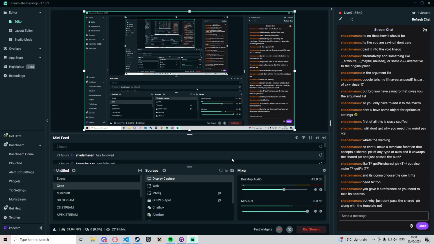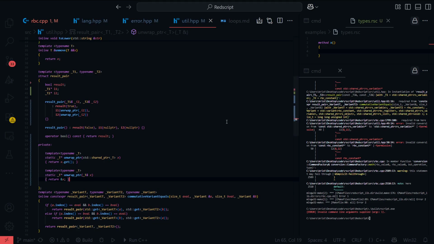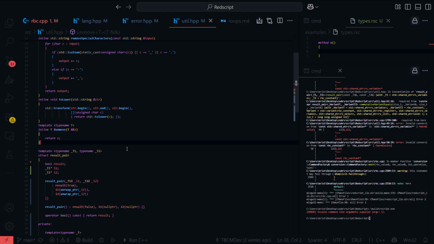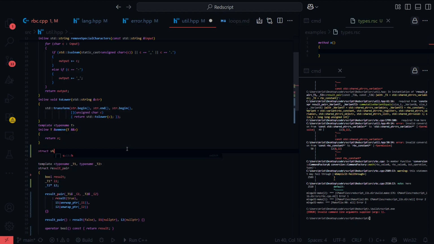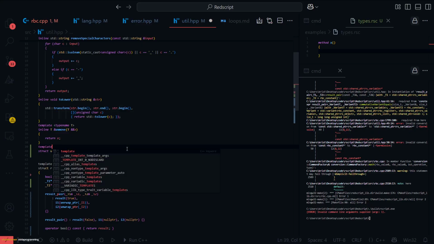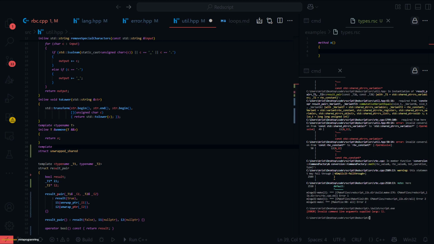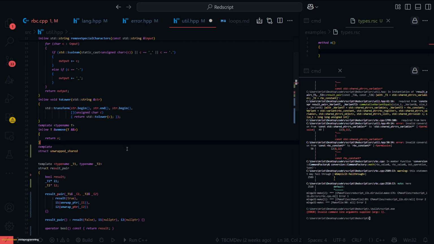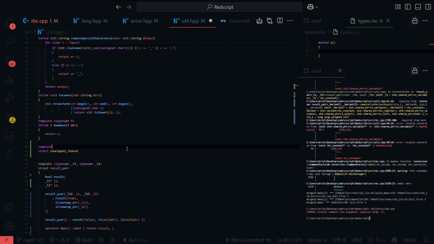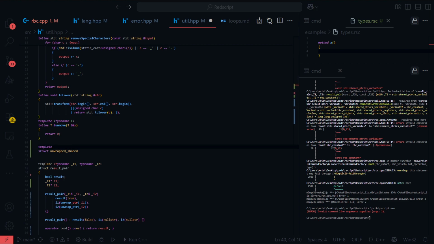Okay, alright, I'll write that. That's a good idea. Unwrapped shared. Metaprogramming. I don't really like it, but it's cool that it can do this.